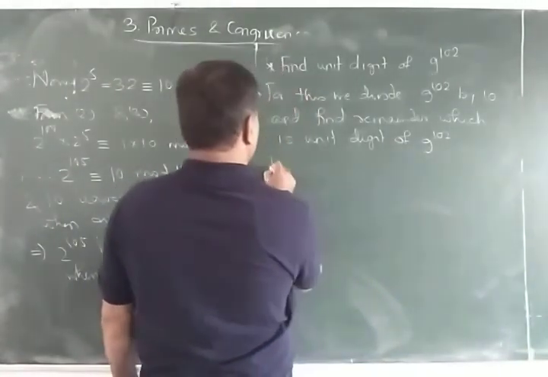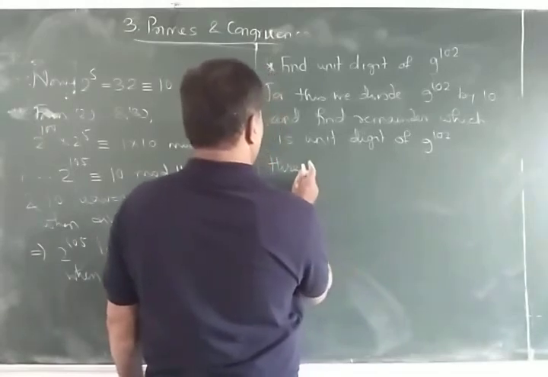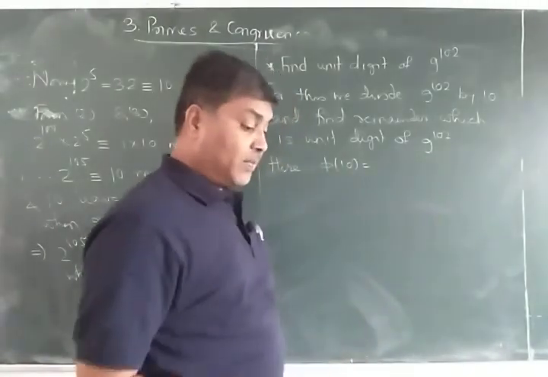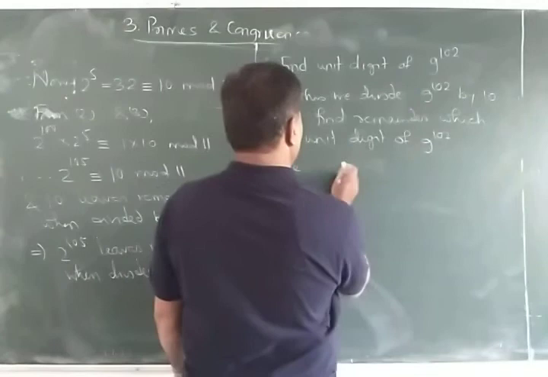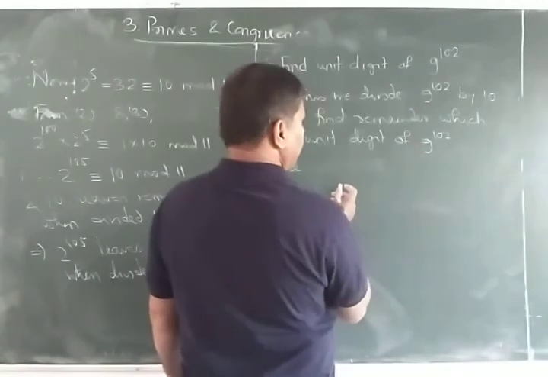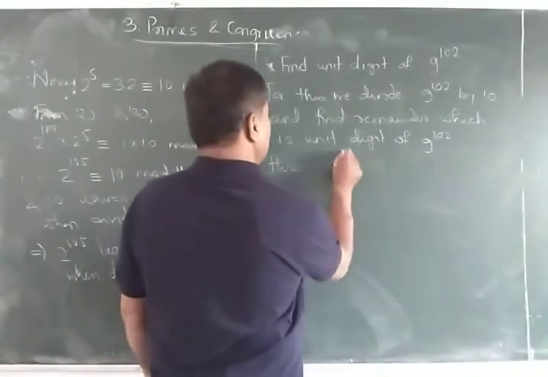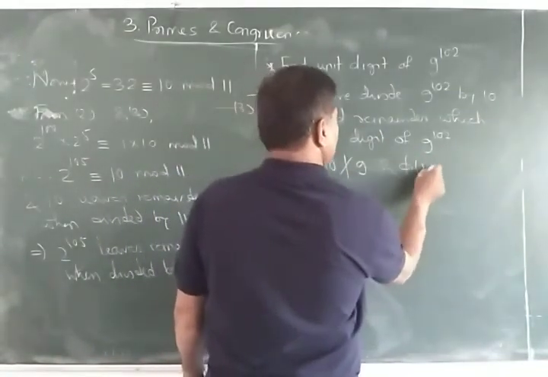So here, phi of 10. What is phi of 10? Here 10 doesn't divide 9, and phi of 10 is equal to